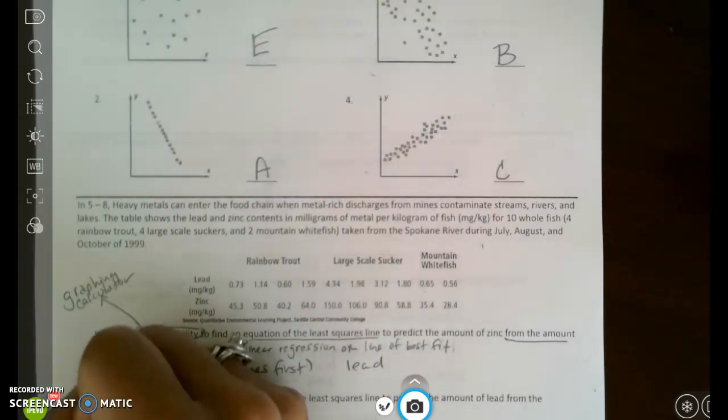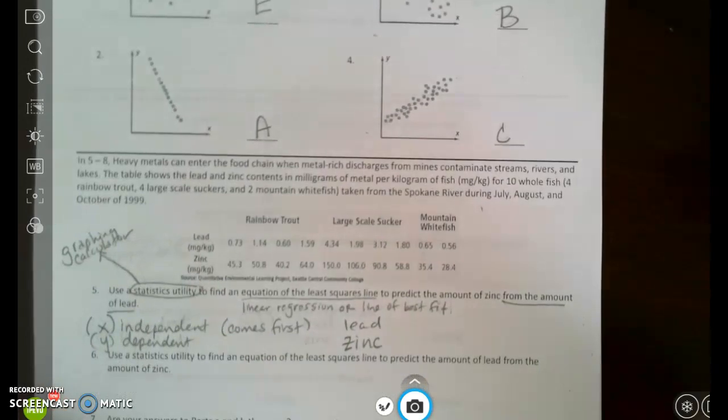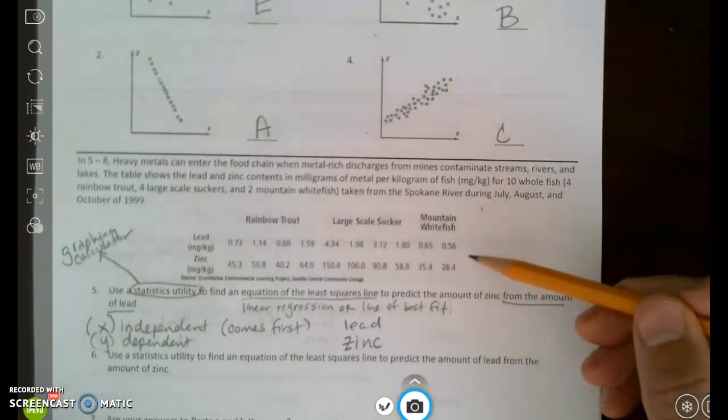So that's going to be my X, and that's going to be my lead in this instance. And my Y, which is dependent, in this instance is going to be my zinc. So what I'm going to do now is take this data and enter it